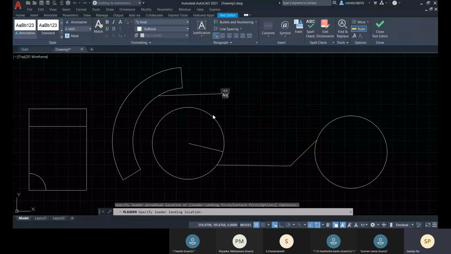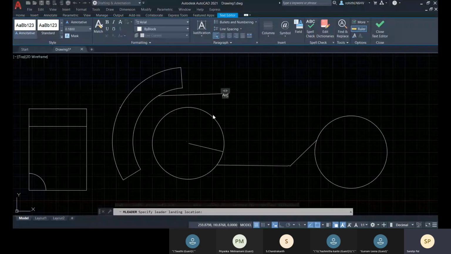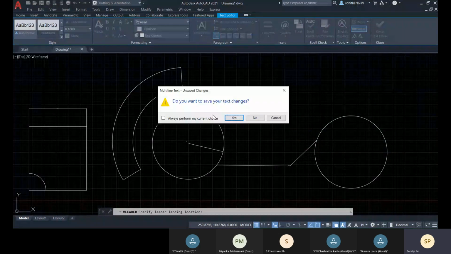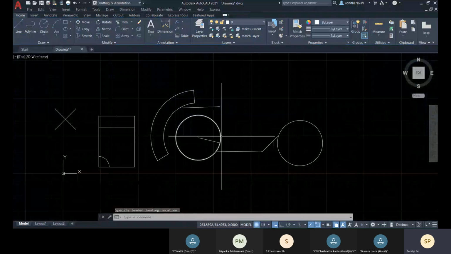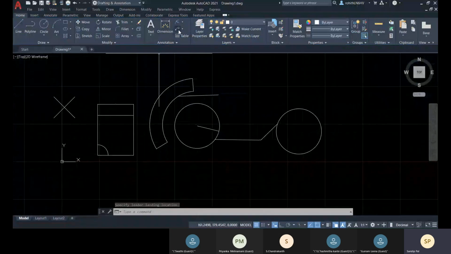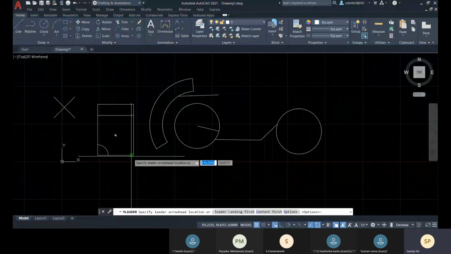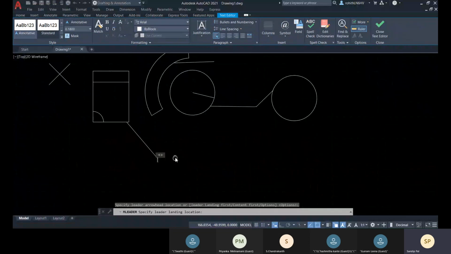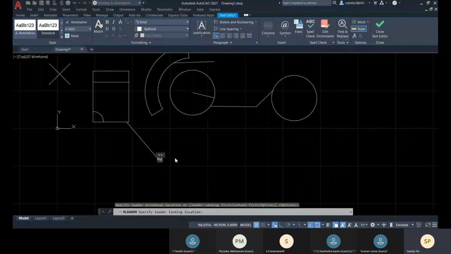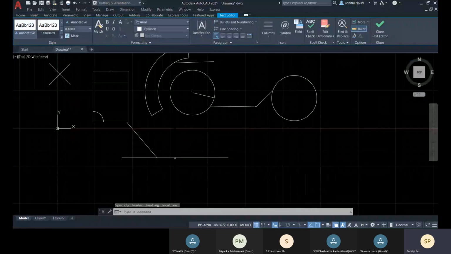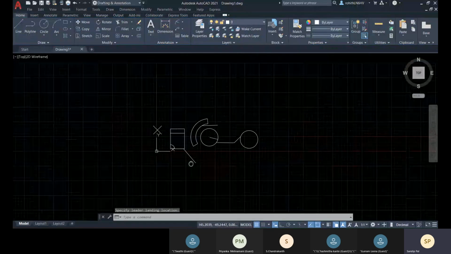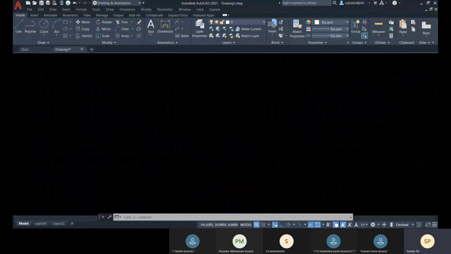Like arc, escape, and let me specify this like this. Okay.